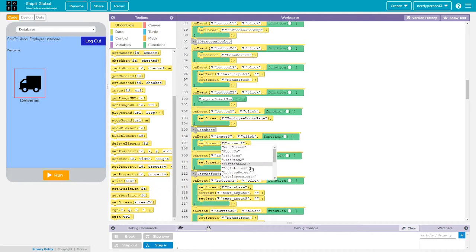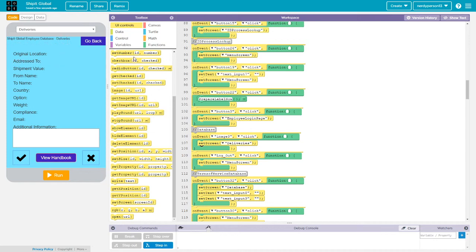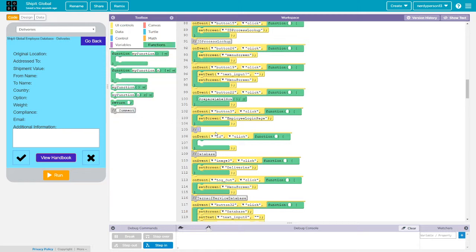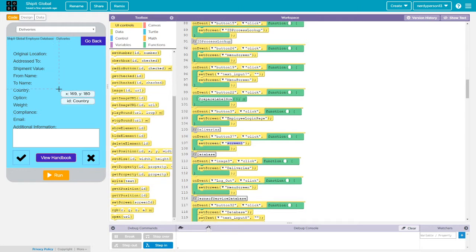So when you click image 3, it's going to set the screen to the deliveries. And on the deliveries, you will be given the option to, actually, we need to comment that out and put deliveries. Button 37, and that will go back to the menu screen. I'm not really worried about blinking out all the information for now. So it can go straight to the employee database right there. Okay, so now we need to do the,